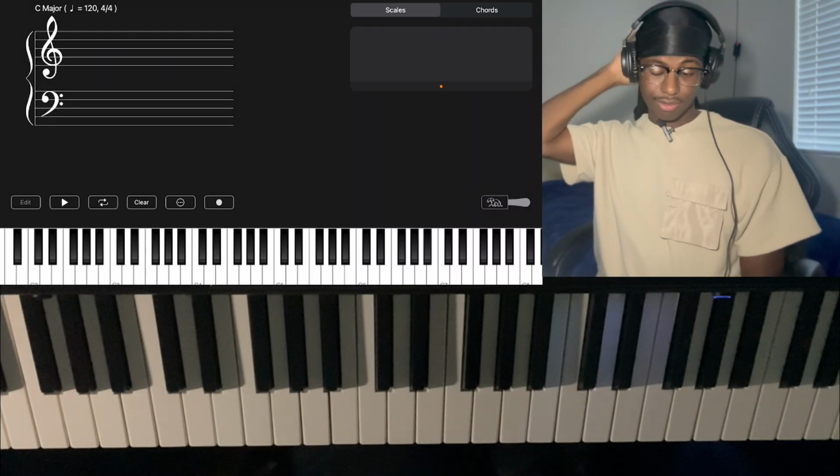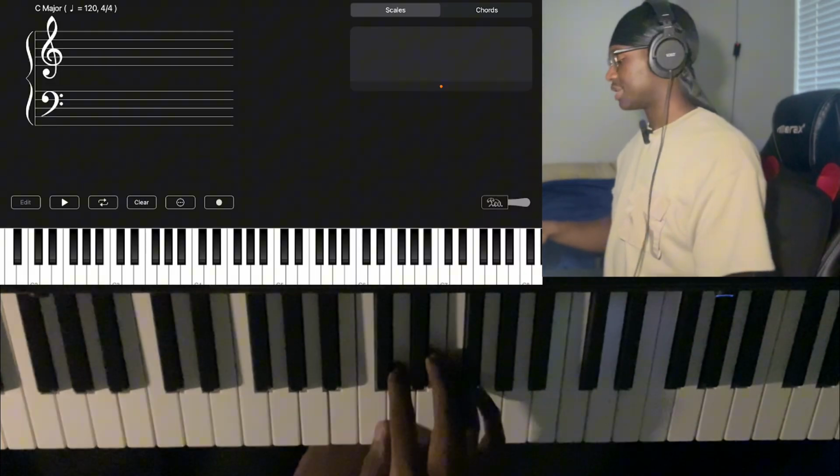Today, we're gonna hit some jazz chords, and to be precise, we're gonna talk about major seven chords and minor seven chords and dominant chords. We're gonna be playing in the key of C major. All right, C major,